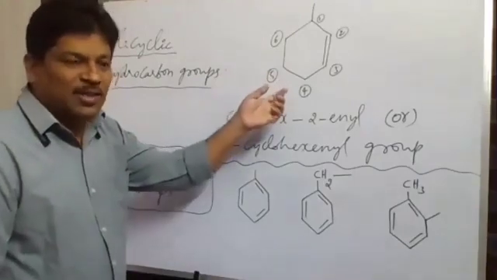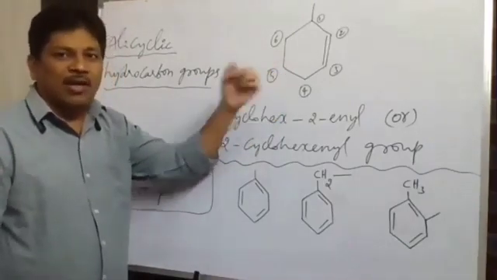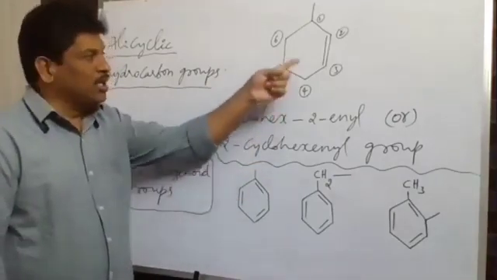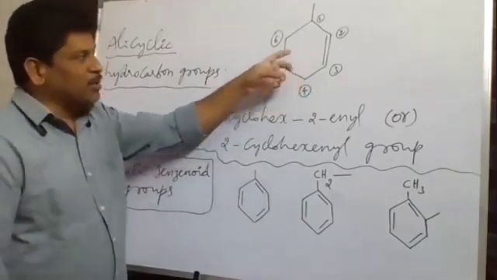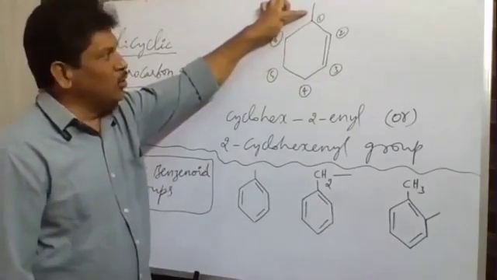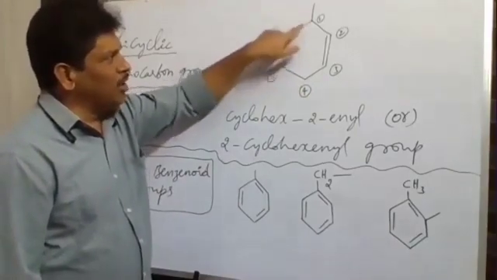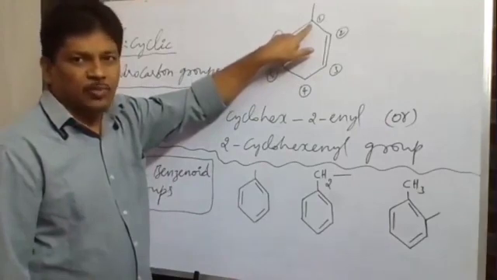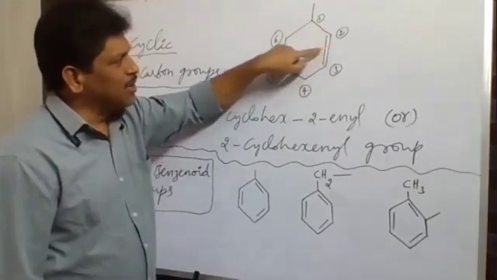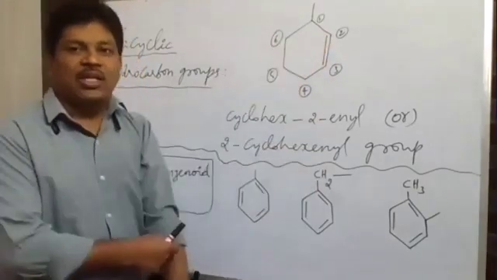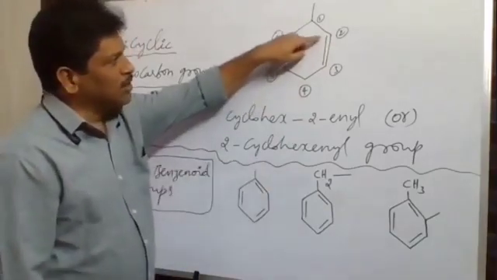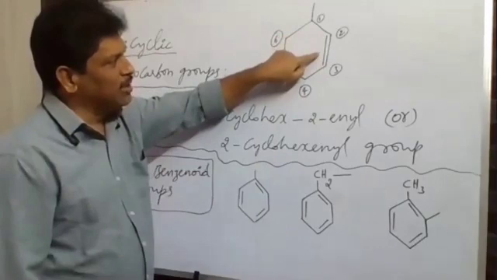And this hydrocarbon is an example of what? It is a cyclic compound. A cyclic hydrocarbon group, or alicyclic hydrocarbon group. In this, the double bond is present here. So from cyclohexene, one hydrogen is removed and here the free bond is available. Wherever the free bond is on the molecule, that carbon is allotted the first position. The second carbon we have to give to this carbon because the double bond is present here. The double bond should be allotted the lowest possible locant. So we give the second carbon to this one because the double bond is on the right side.